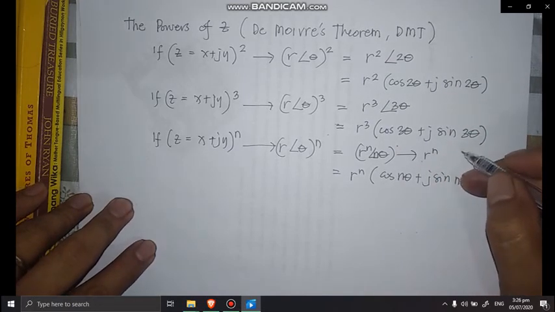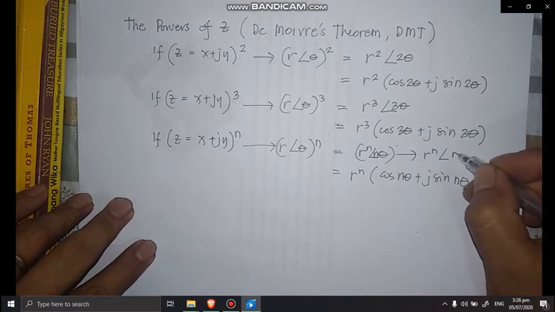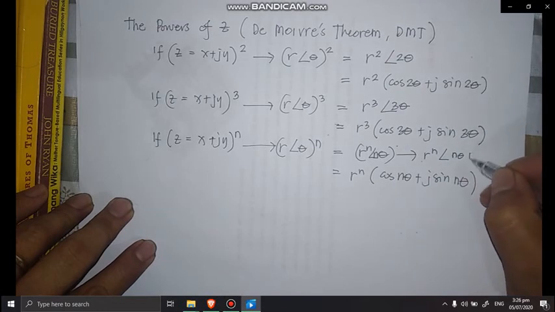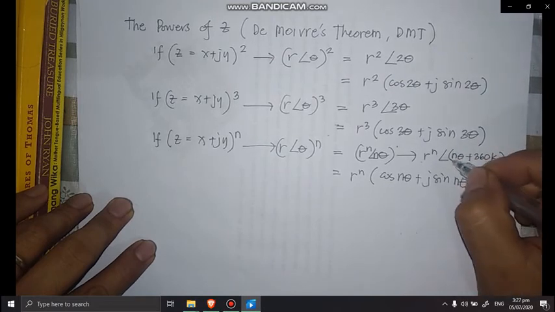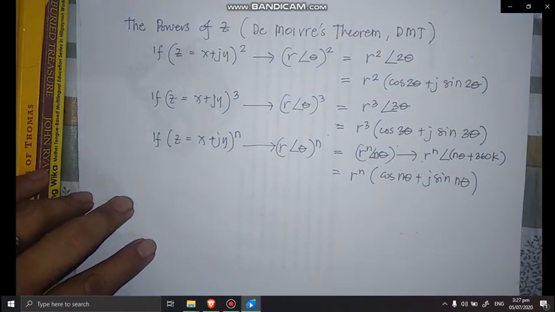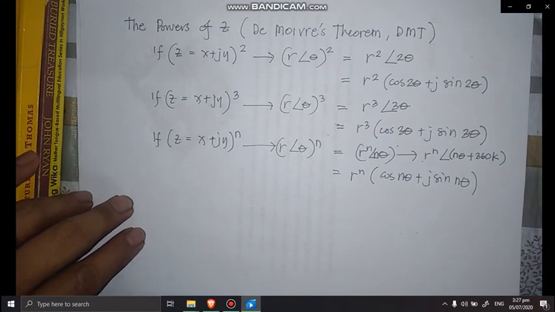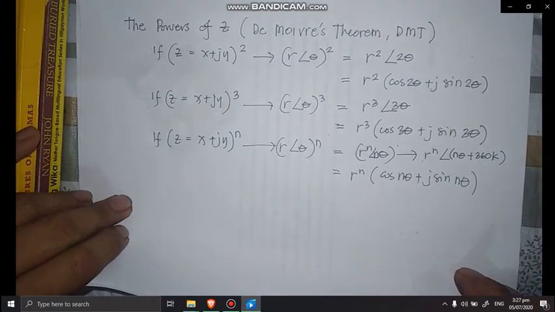We can also write this in general form as r raised to n, angle n theta plus 360 degrees multiplied by k. Take note, we have discussed that before. That is the general form. Now, if the angle theta is greater than 360 degrees,